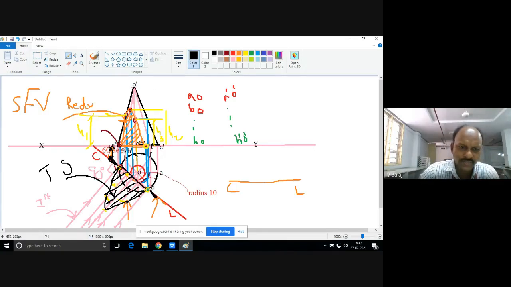Anything which is a constructed line in the problem, you need to use a 2H pencil: projectors 2H pencil, reference line 2H pencil, dimension lines 2H pencil. While noting down the values like 60 degrees, radius, these alphanumerical values, you can use an HB pencil. Outlines of the diagram are always drawn with an HB pencil.